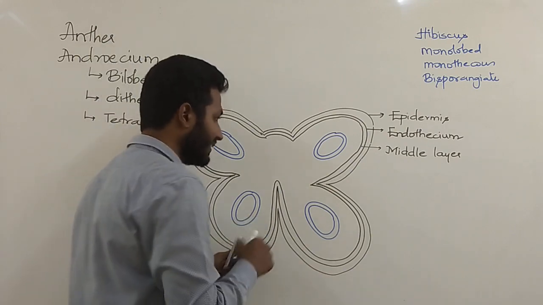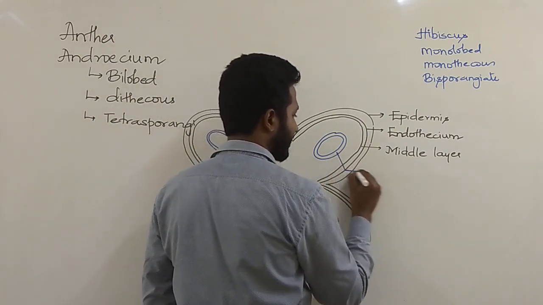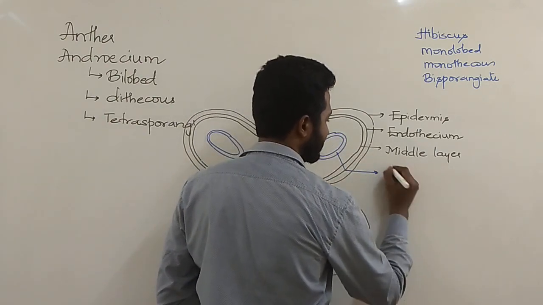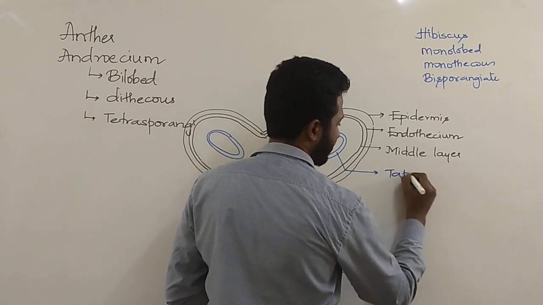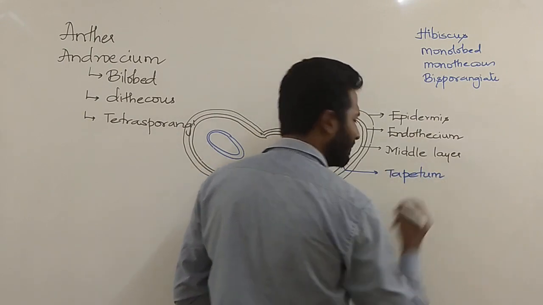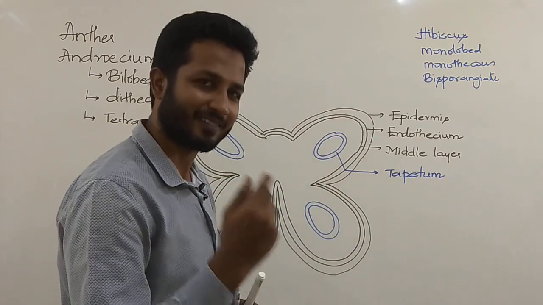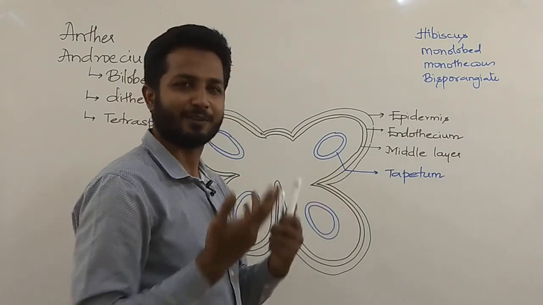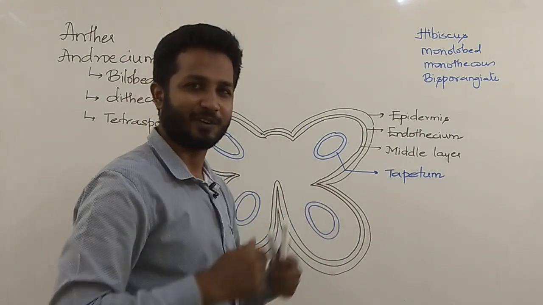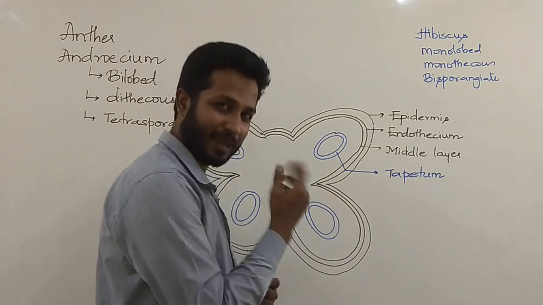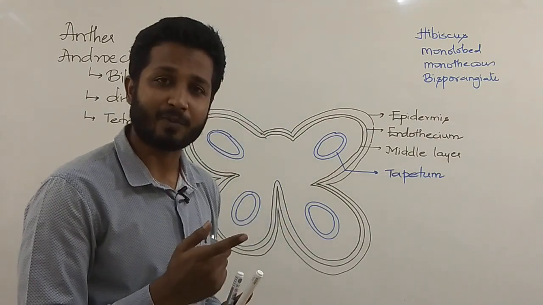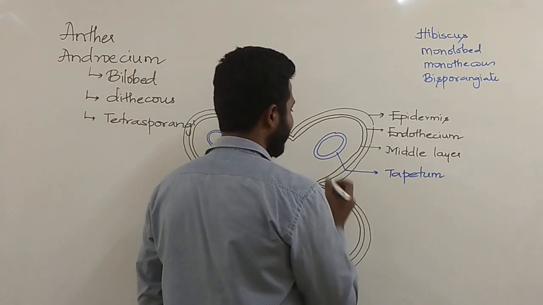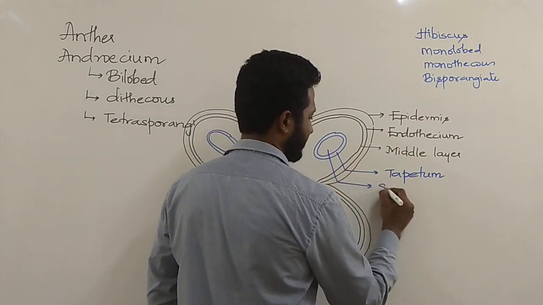Within this bag-like structure there are layers. The layer which is covering around the sporangium is known as tapetum. Some teachers would pronounce it as tapetum. It's okay. Tapetum is the actual name. That is allowed because we are from South India, so we will allow such things to go on. So tapetum is a layer which will provide nourishment, nutrition. Then within this, finally you have the sporogenous tissue.